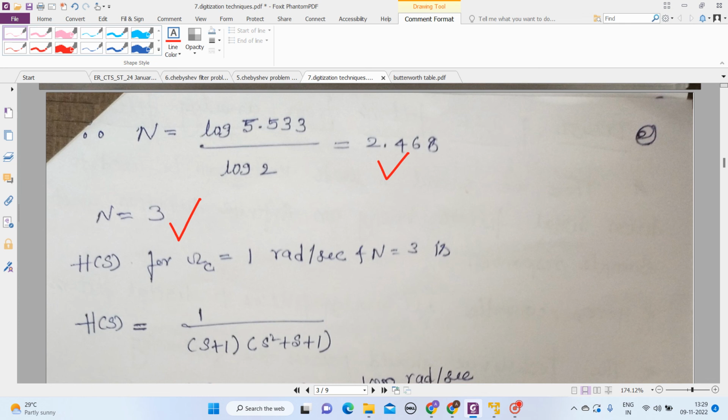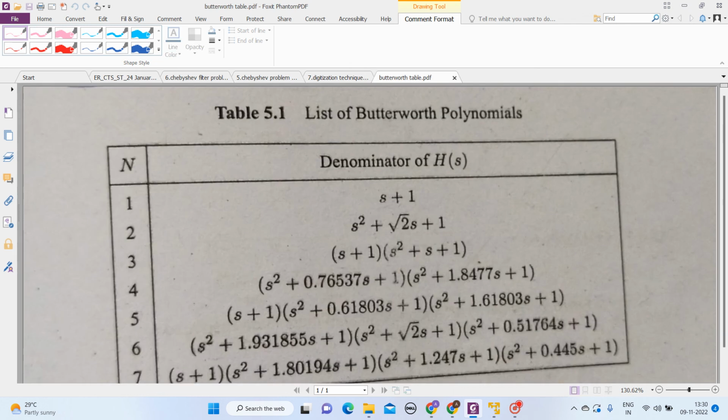Now you know the analog transfer function of the low pass filter, H of S, for the normalized cutoff frequency 1 radian per second and n equal to 3. How did we get this? We know the rule: the numerator is always 1 divided by the denominator. How did I get this denominator polynomial? You have to memorize this. For n equal to 3,